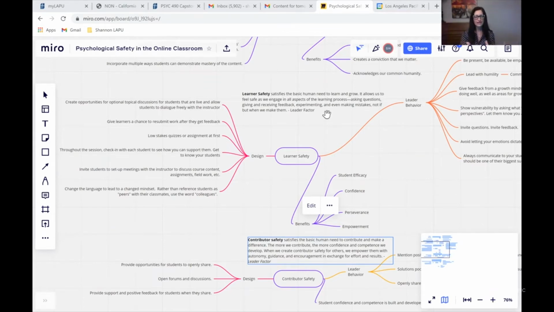We want to create, again, this culture within our online classroom where our students know that we are for them and not against them. We actually want the professor to be the biggest supporter of each individual student, okay? So again, creating a classroom where all the students feel safe and welcome and uplifted. And again, we want the professor to create opportunities to know the student. So the student knows that your professor is for you and not against you. So how can you do that here?